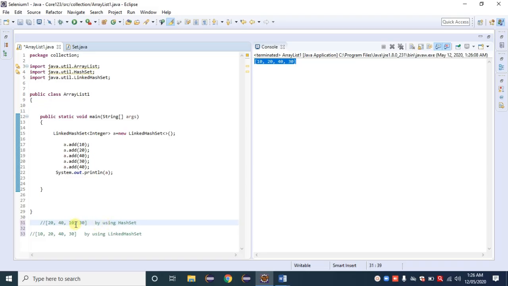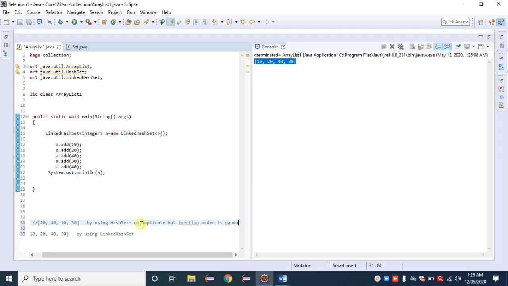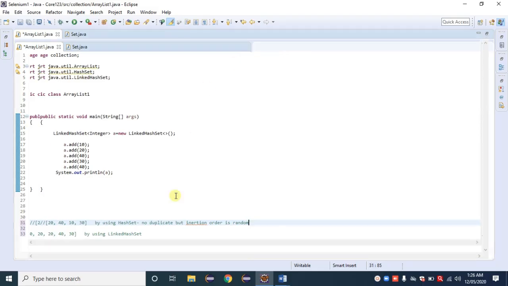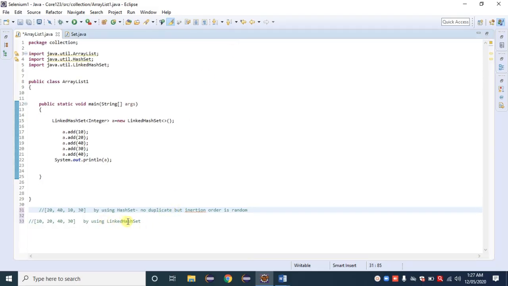By using HashSet, no duplicate, but insertion order is random. But what happens by using LinkedHashSet?